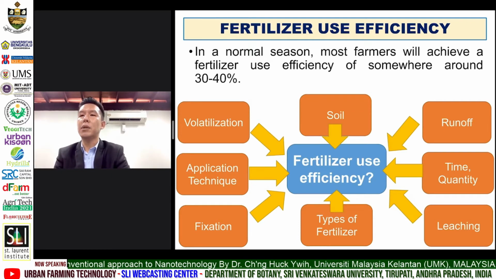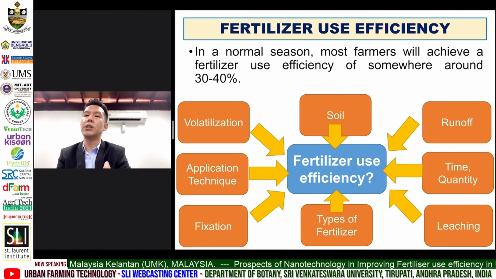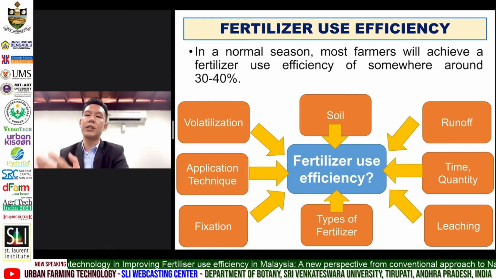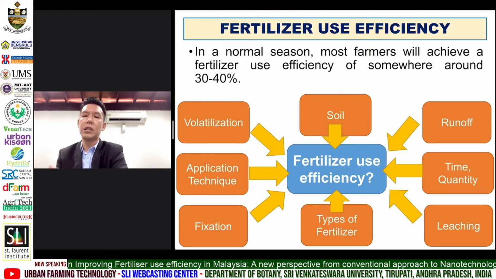Next, some countries have a high precipitation rate, which could pose a high risk of fertilizer being washed away from the soil by rainwater. Sometimes human errors such as the wrong application technique by the farmers, the wrong timing of fertilizer application, or the wrong quantity could also affect the ability of the plants to take up nutrients, and cases like excess application of fertilizers will pose a risk of nutrient leaching and thus reduce the fertilizer use efficiency.